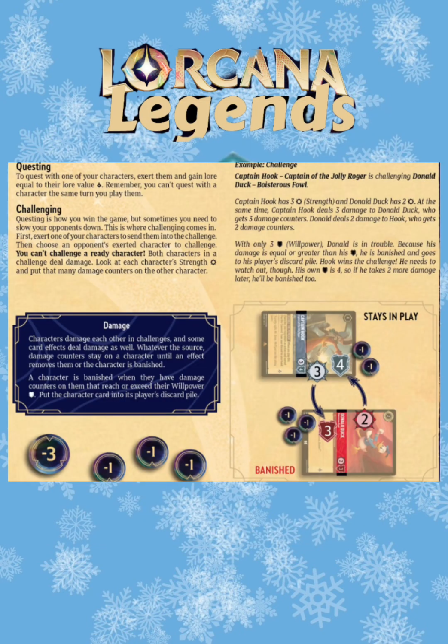Next up, we're going to be getting into questing, challenging, and damage. Questing, at any point whenever a creature has been on the field for a full cycle, means you can exert it in order to accumulate the lore pips equal to the character. It's usually in the bottom right-hand corner. Challenging is essentially how you attack a character. You can only attack characters that are exerted, and which then leads us to our final topic on this panel,